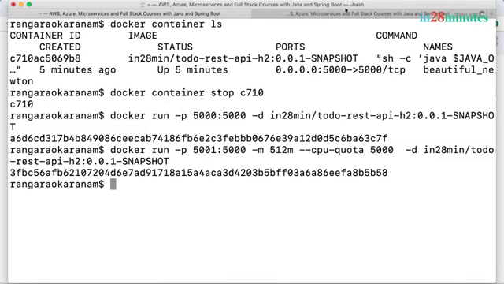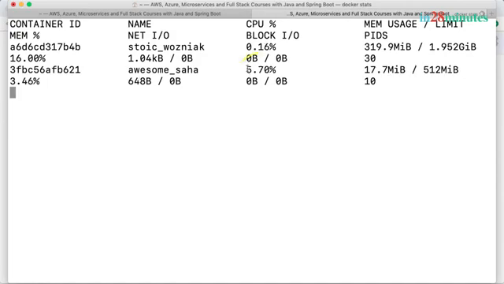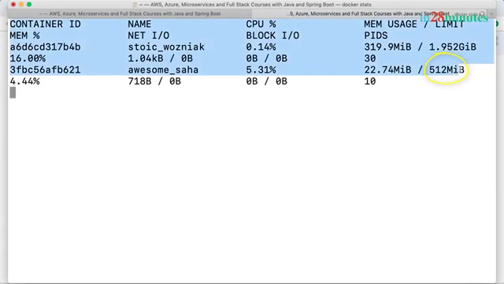It tries to launch that container up, and you can see that this container is using about 5%. This is where we are running Docker stats, and you can also see that the limit is now set to just 512 MB. And because it's using just 5%, it would be very slow in starting up.